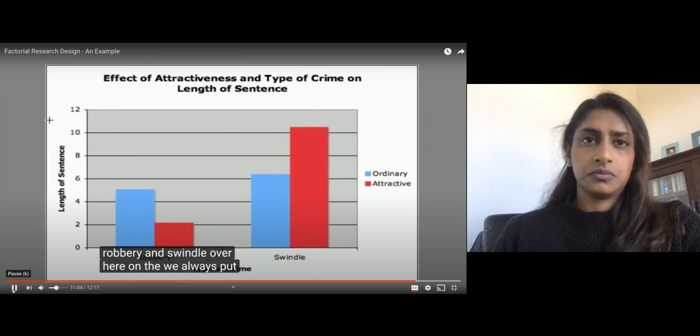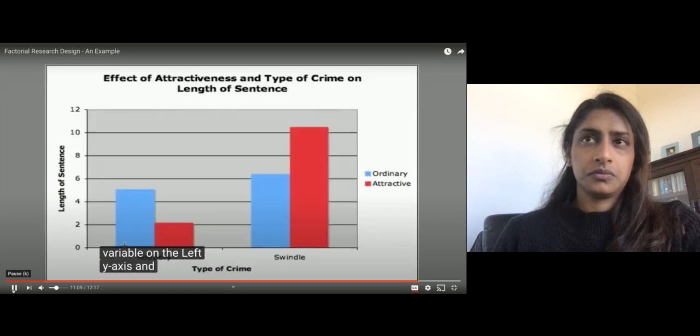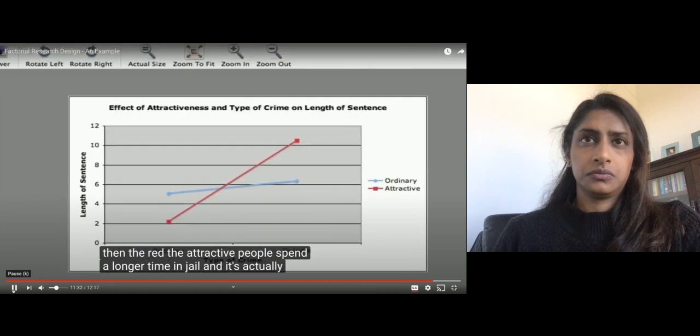Over here we always put the dependent variable on the left y-axis. And as you can see, what this suggests is that if it's a robbery, the bluish here are ordinary looking people. If it's a robbery, then ordinary people get longer sentences than attractive people, the red. But if it's a swindle, then the attractive people spend a longer time in jail. And it's actually better. One of the things that you'll learn in doing research is that if the lines cross,